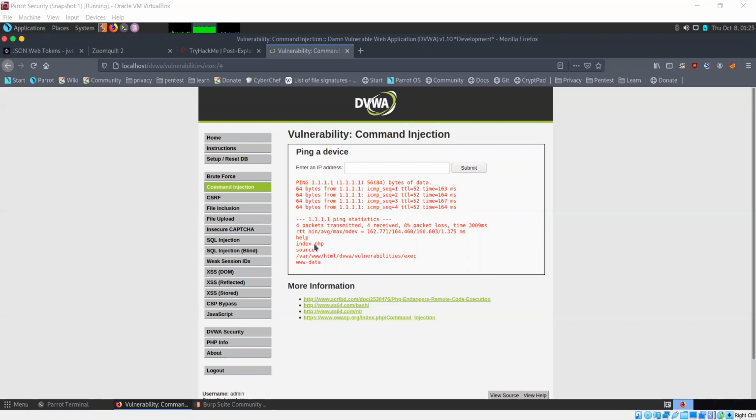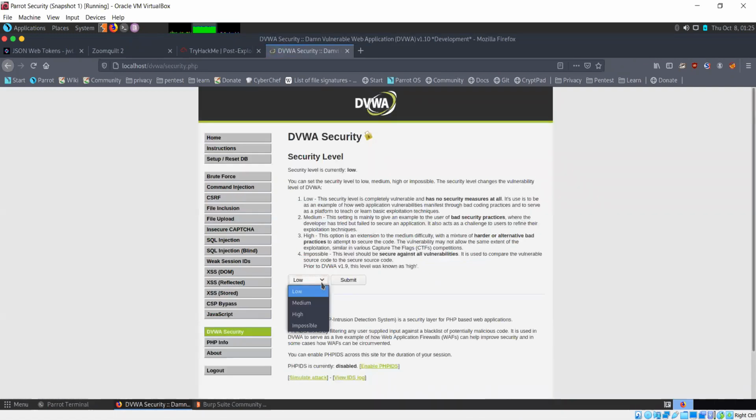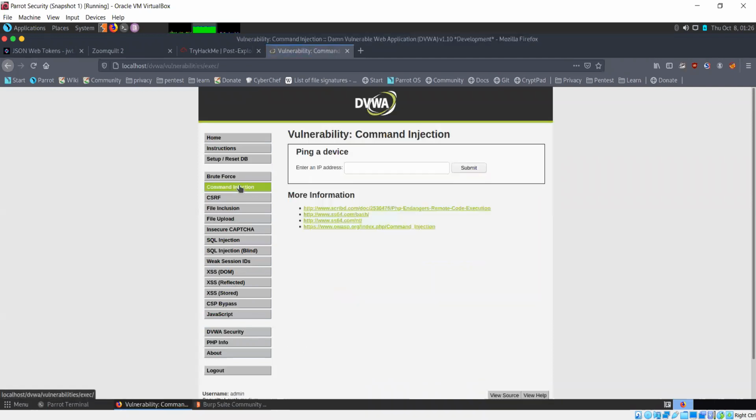So we are able to change commands here quite easily. Let's try changing the security level here. Now let's try the same thing, whether we are able to do it or not.